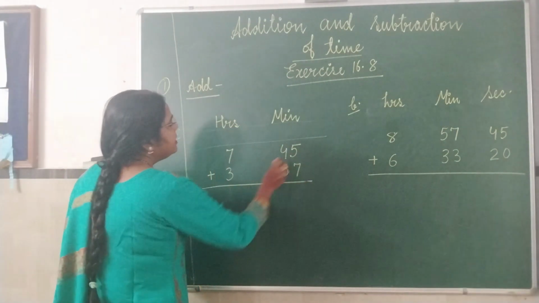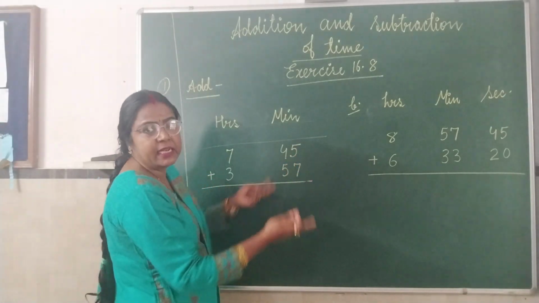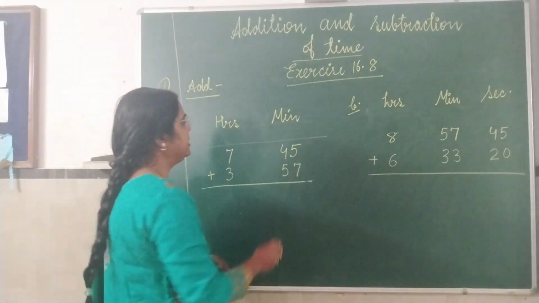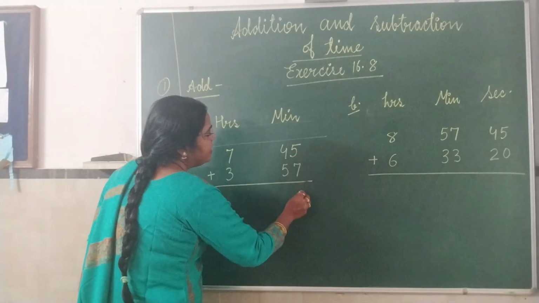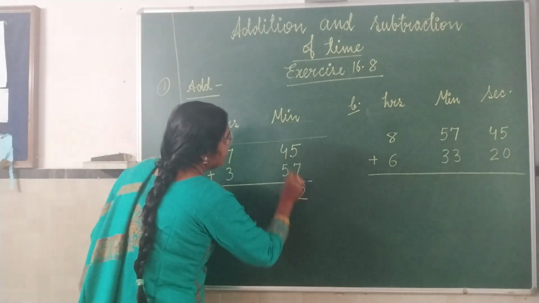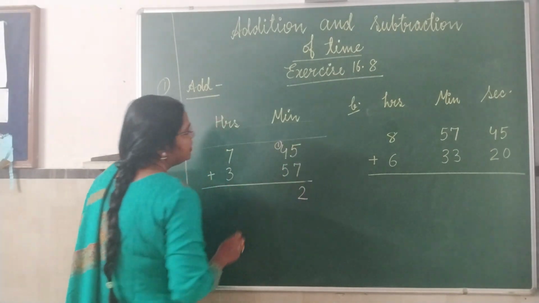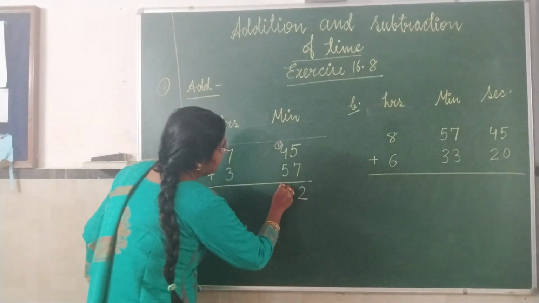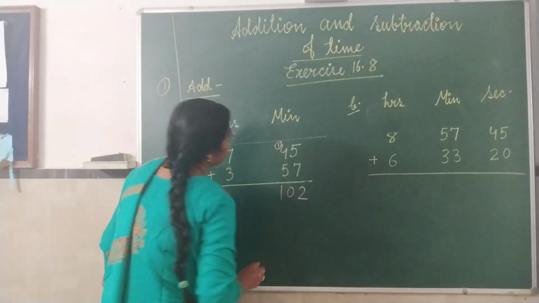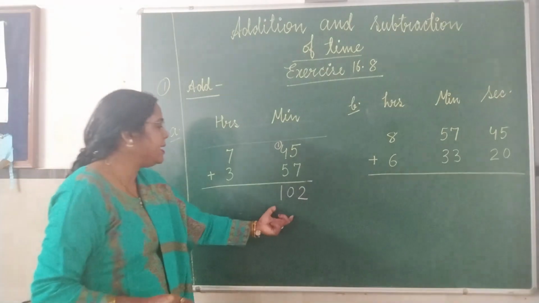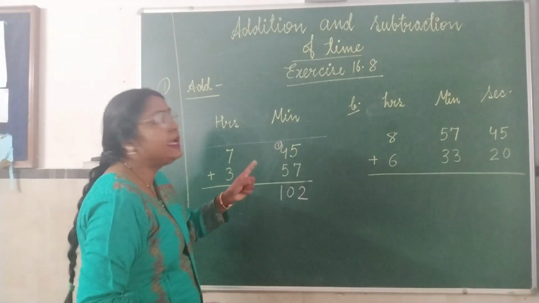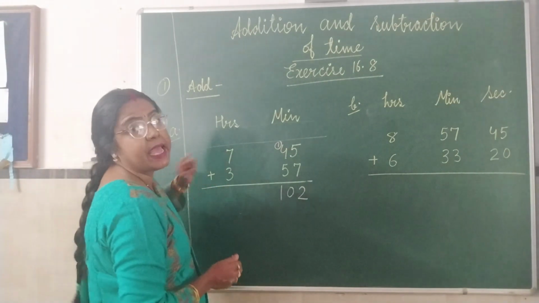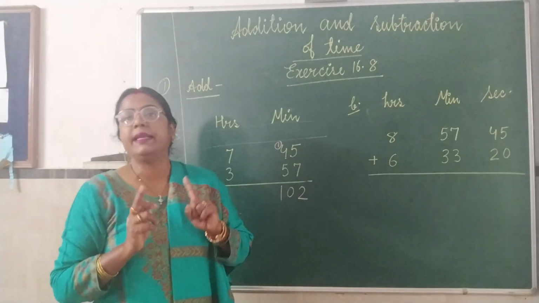So what we will do here, we will add these numbers. How to do that? 5 plus 7, simple addition. If the minute side is going to be added, it is added simply as in normal addition. So 5 plus 7, it is 12. Carry 1. 4 plus 5, 9. 9 plus 1, 10. Okay, this is 102. Earlier, if it is a normal addition, you will take this one as a carry forward. But in case of time, it is not.